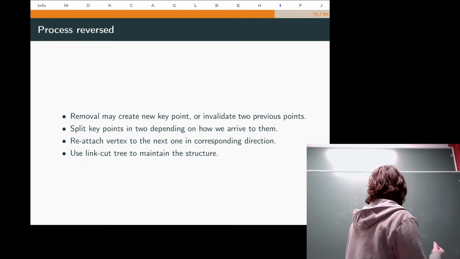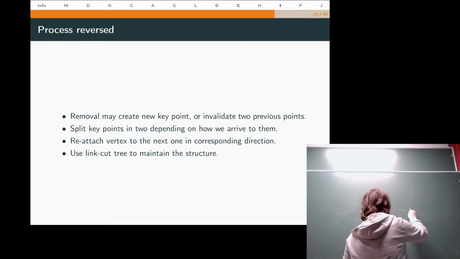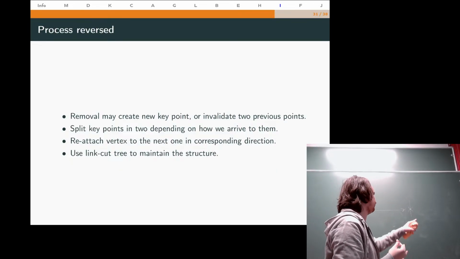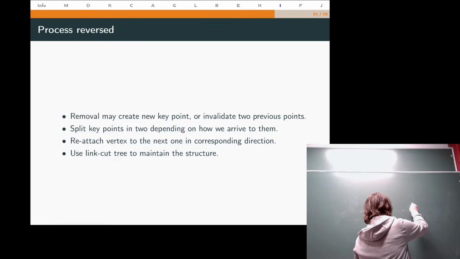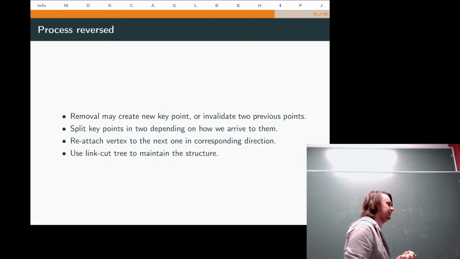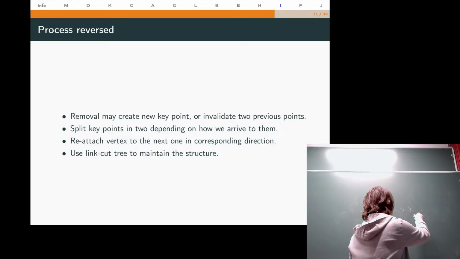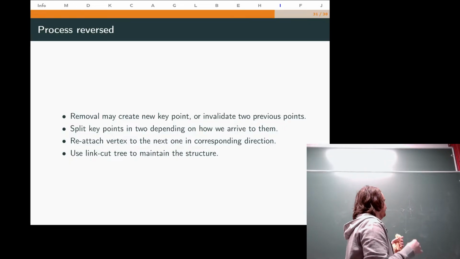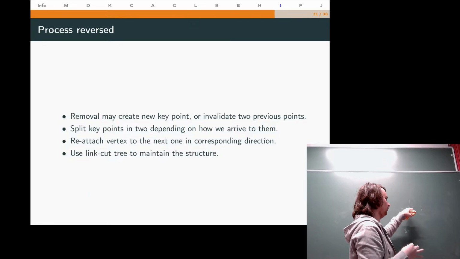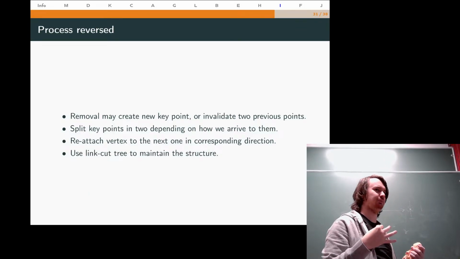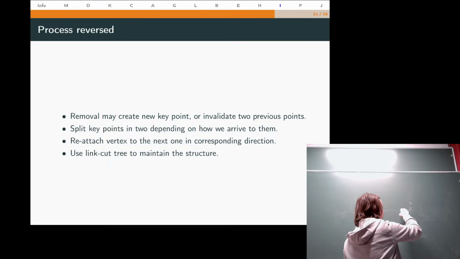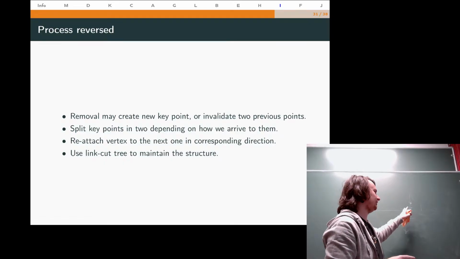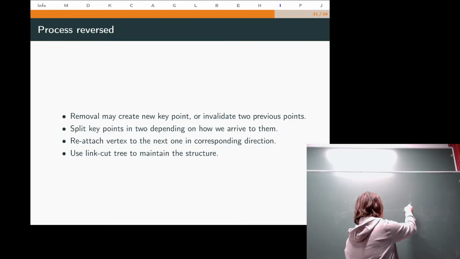And then, if we get some obstacle and we remove it, what could happen is, first of all, there might appear a new key point at this obstacle, if, for example, there was an obstacle right after it. So there's one possibility. There could also be, and also removal of this obstacle could invalidate two previous key points. So if you are able to stop to the left and to the up of this obstacle, after we remove it, what will happen is this path will have to continue further to the right, and this path will have